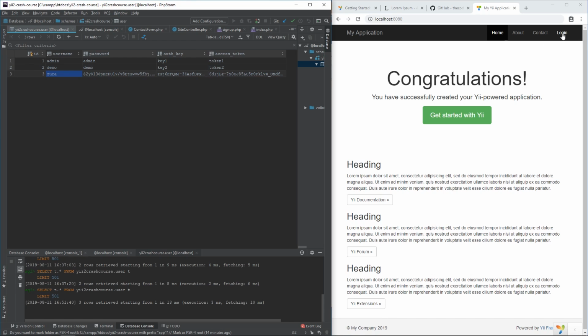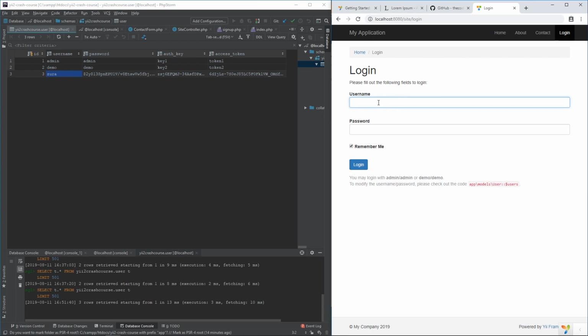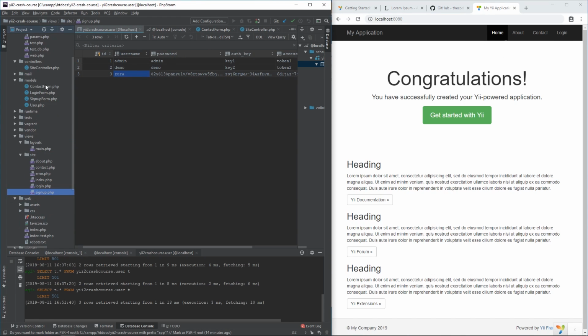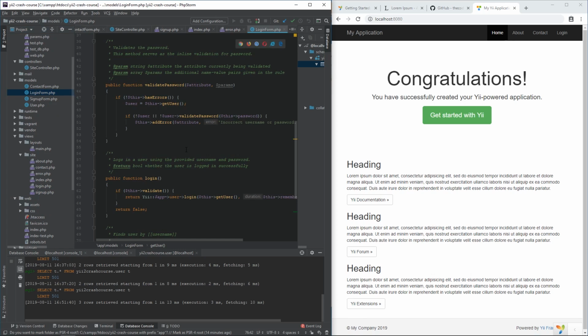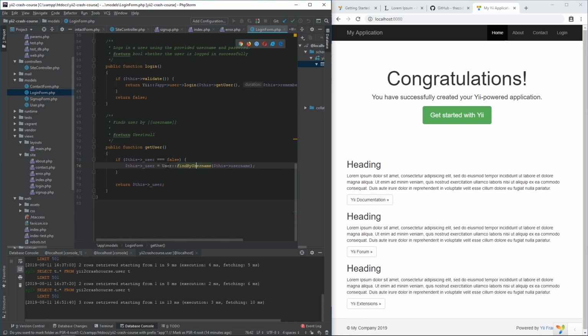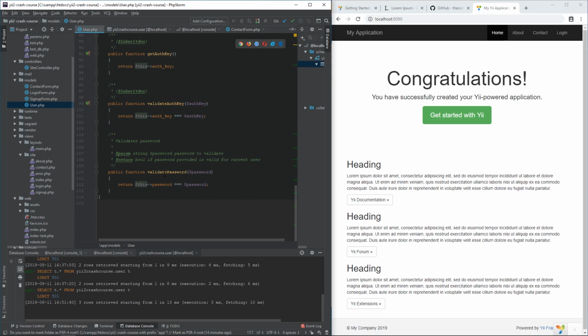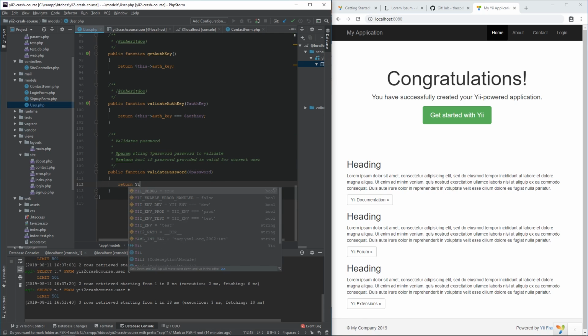Okay, now the login, we need to change the login. So right now I can log in with admin because I'm checking the plain password and it works fine, but I need to change this. So I'm gonna go to the login form, not in the login form but in the user, and below there is validate password method in the user model. So instead of this validate password, I'm going to use again